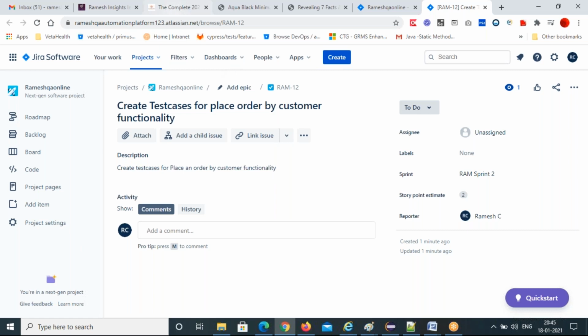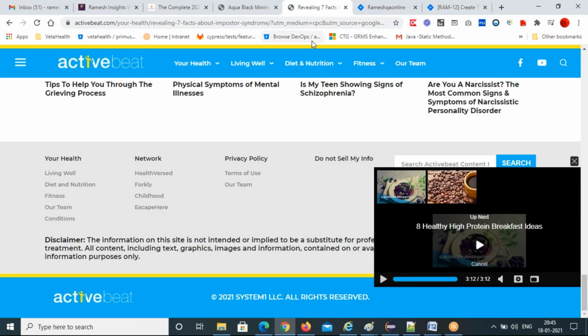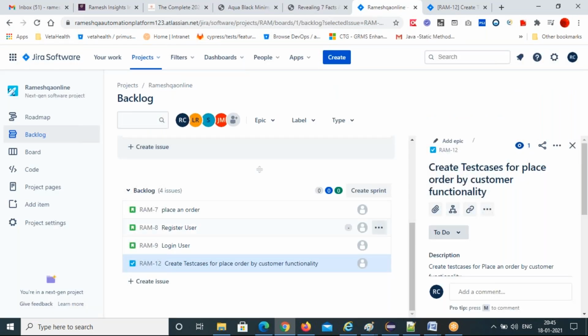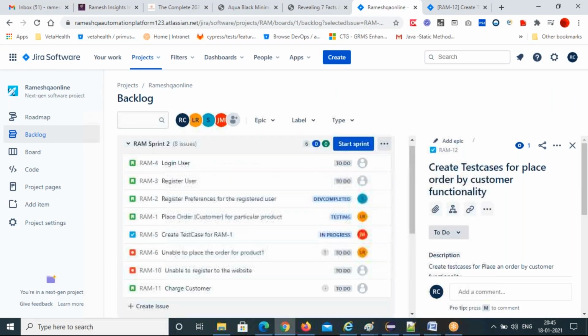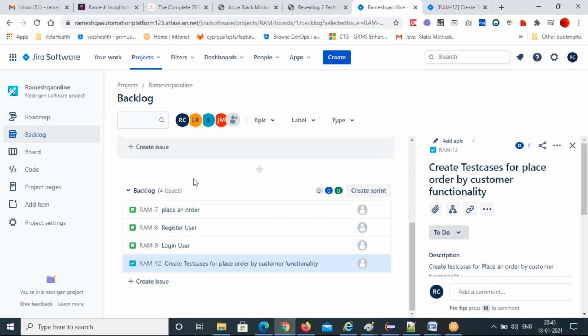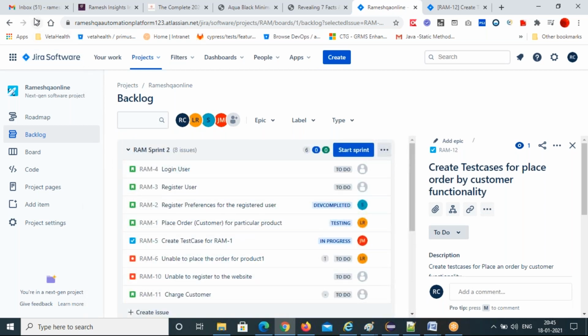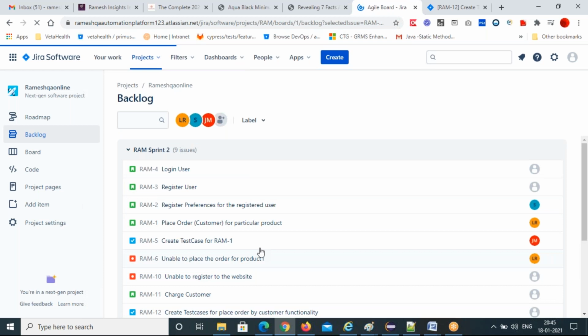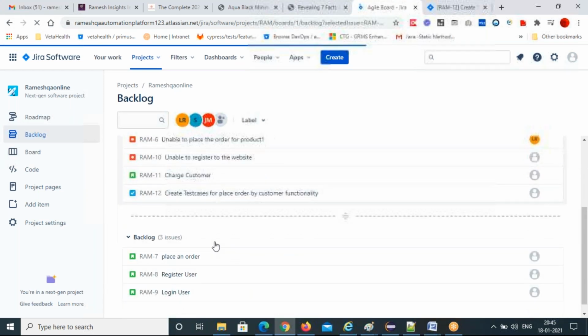Now you go to the dashboard. So this is the dashboard. This is going to move to sprint 2. I refresh, and it comes and shows here. See, it's coming in the current active sprint.